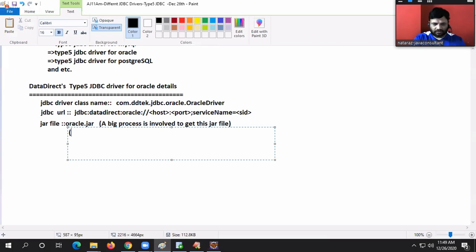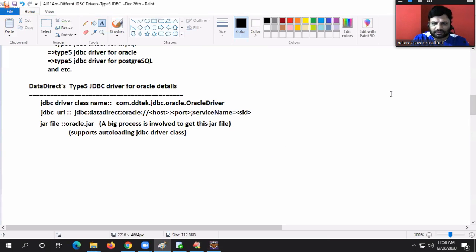Okay. Now let's go for supports auto loading of JDBC driver class. Yes, I think I can give it in the chat box. It seems right. I think last time I supplied it like this only.